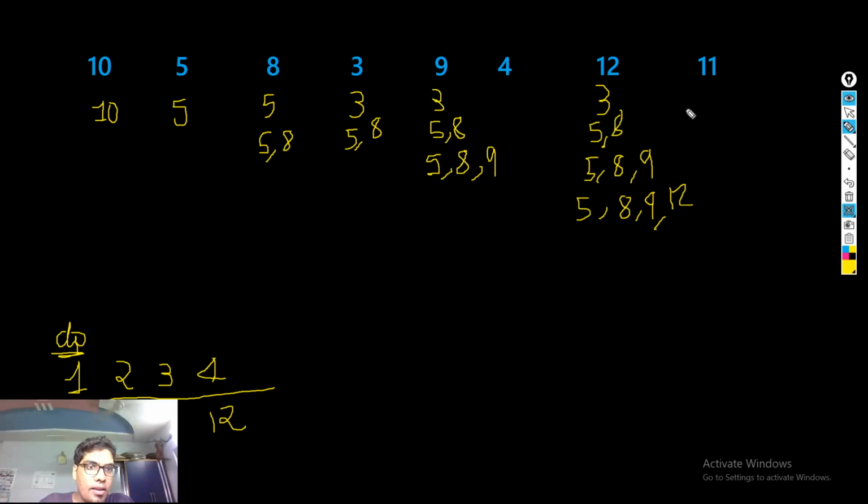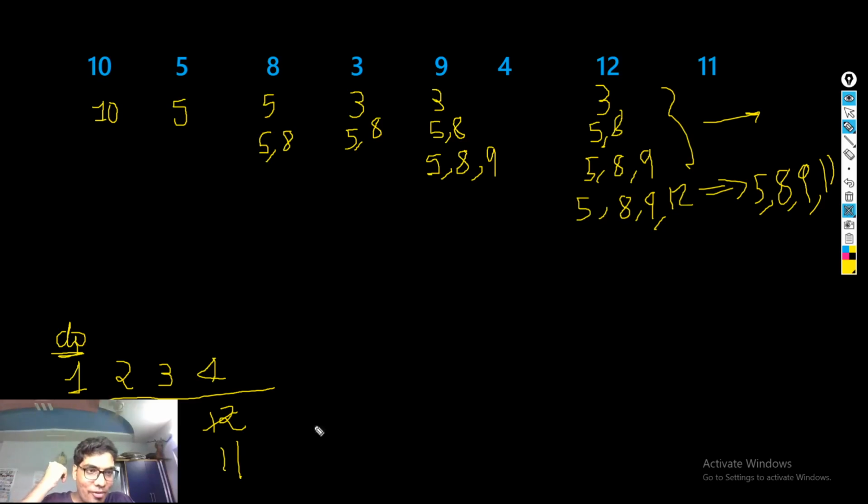And now in this case, all of this is actually the same. We could have a 3, 11, we could have a 5, 8, 11, we could have a 5, 8 and 9, but we can have a 5, 8, 9 and 11, because this 11 is a better choice than 12, because 11 can potentially have a bigger sequence through the right. So now all of this will be copied, and what will remain would be 5, 8, 9 and 11, and this thing would be updated to 11, right?